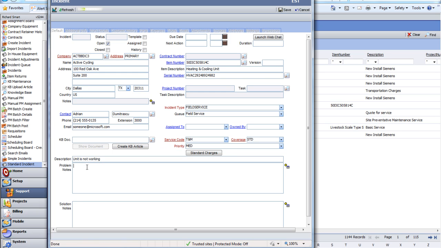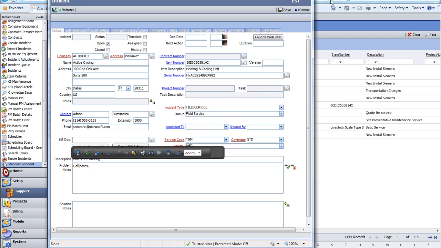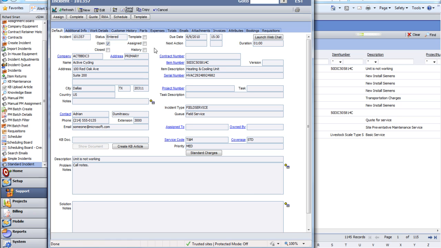and also our notes. Keep in mind all notes in the system are fully spell checked, and will give us suggestions for spelling changes. As I save that, the system has now generated the next available work order number, and its status here is